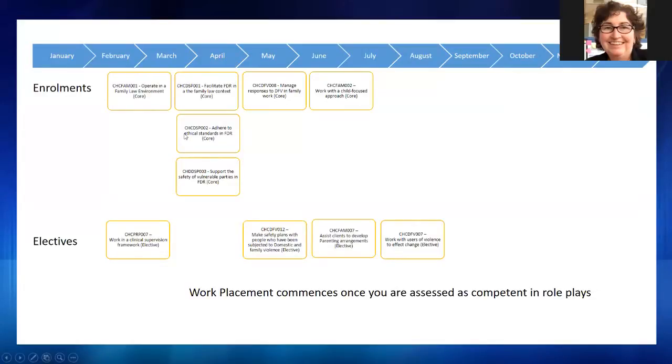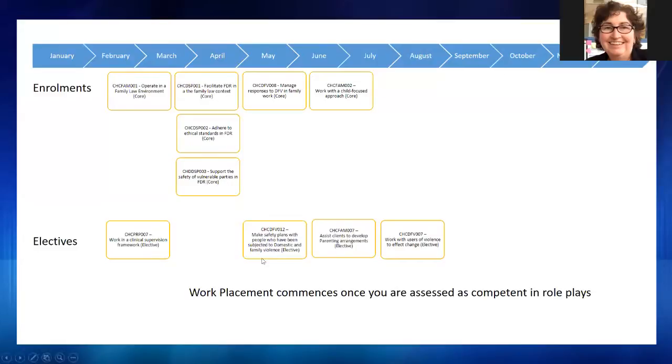Now, if you're only doing the core units, that's the course for you. If you're doing the full qualification, then there are 4 more units. One of them is work within a clinical supervision framework. Now, we use this unit because we are really encouraging family dispute resolution practitioners to engage and participate in supervision. It isn't mandatory, but we really highly recommend it, both for support for your professional development, but also support for you as an individual, because the clients we work with can be difficult and we do have to make a lot of difficult decisions. So it's very helpful to have a supervision framework, and in our case we work on